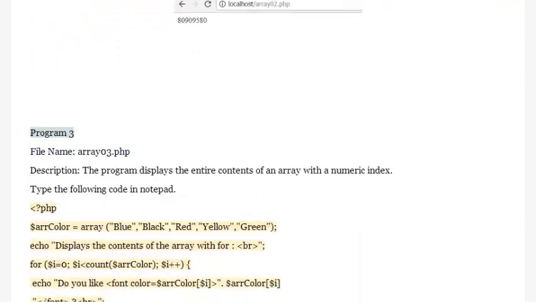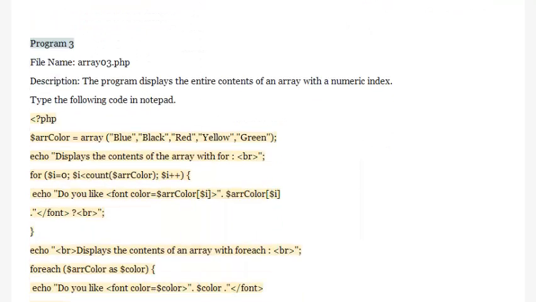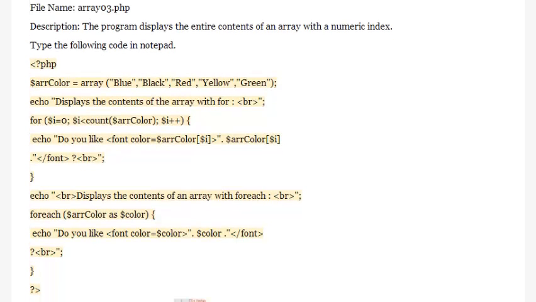Program 3. File name: array03.php. Description: the program displays the entire contents of an array with a numeric index. Type the following code in Notepad. <?php $color = array("blue", "black", "red", "yellow", "green"); Echo displays the contents of the array with for, <br>. for ($i = 0; $i < count($color); $i++) echo "Do you like <font color=$color[$i]>